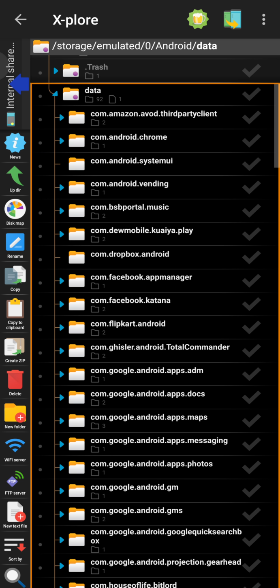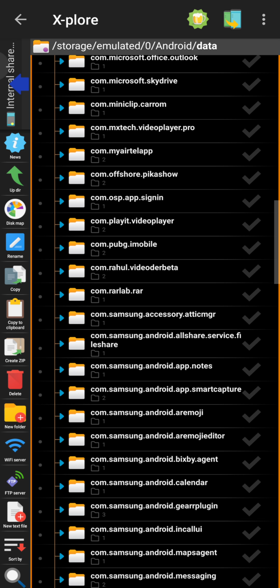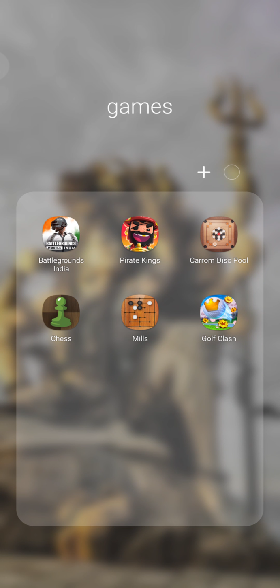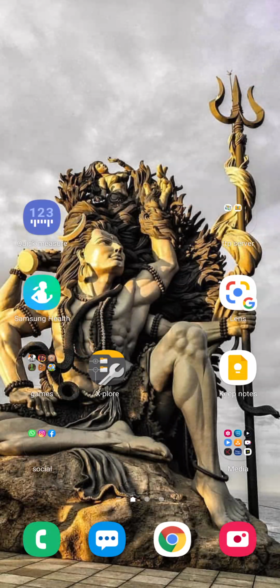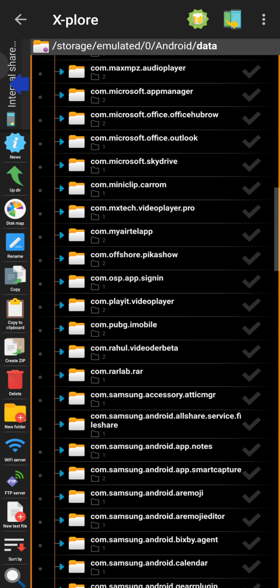Now into your data folder, search for, right now I am using the BGMI version of PUBG, that means for the Indian version. So you can use, for example, PUBG global version or PUBG KR. Right now I'm using BGMI, that is for the Indian.